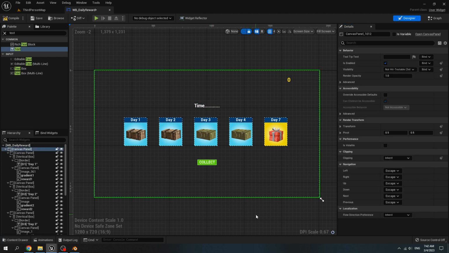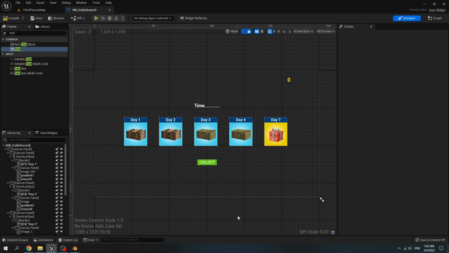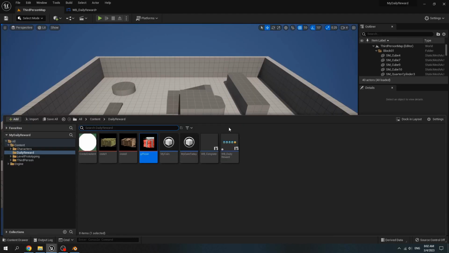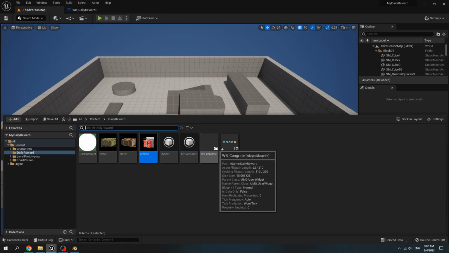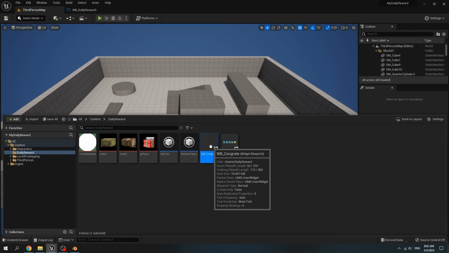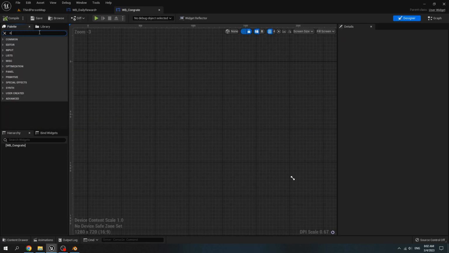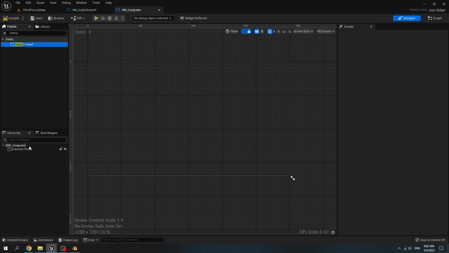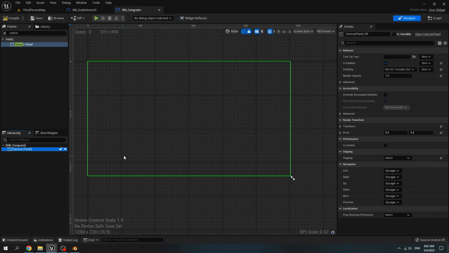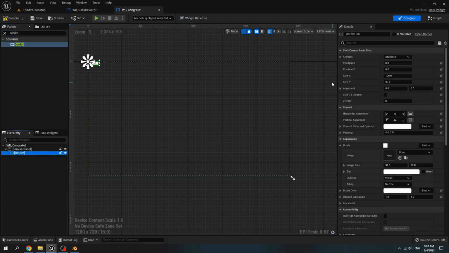Now we already get our widget. Let's open WB Concrete widget blueprint. Search for canvas panel. Add it to the widget. And then search for border. Add to the canvas panel. Click on that border.